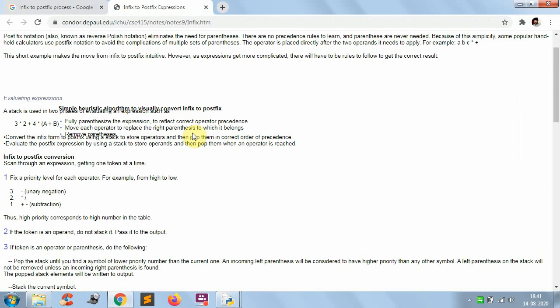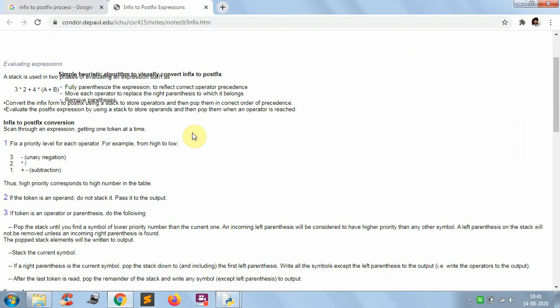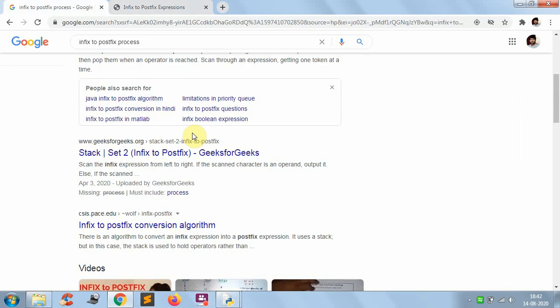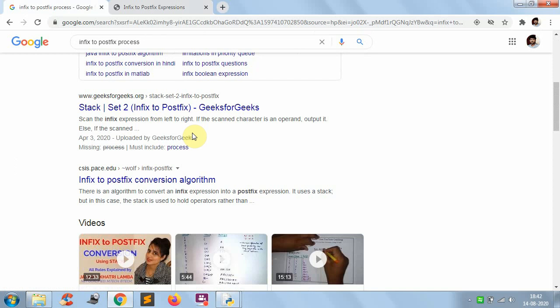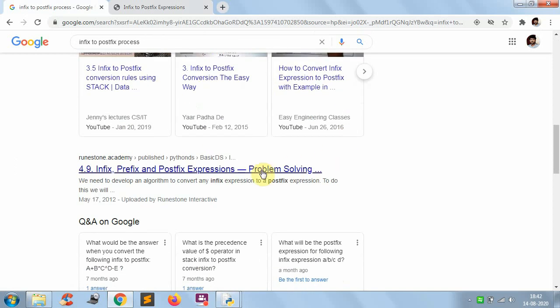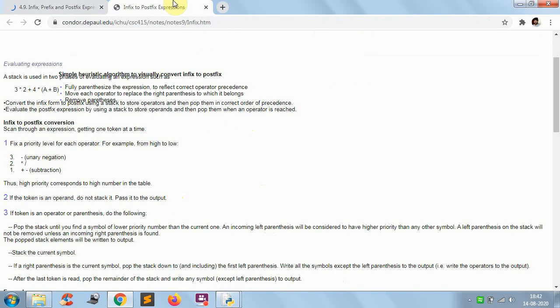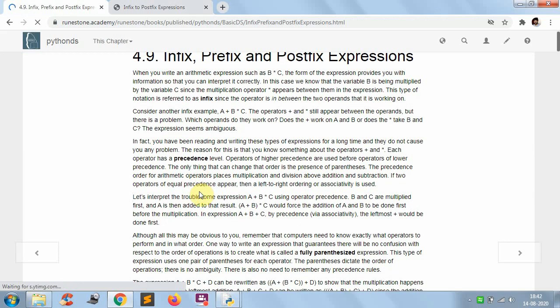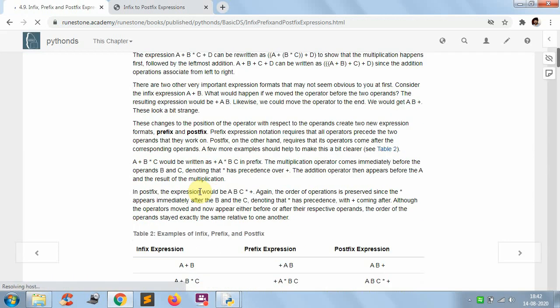If you find any one expression using that, you can check here. If you get any one example, simply you can copy paste the given input expression here, given infix, and automatically you will get the equivalent postfix.